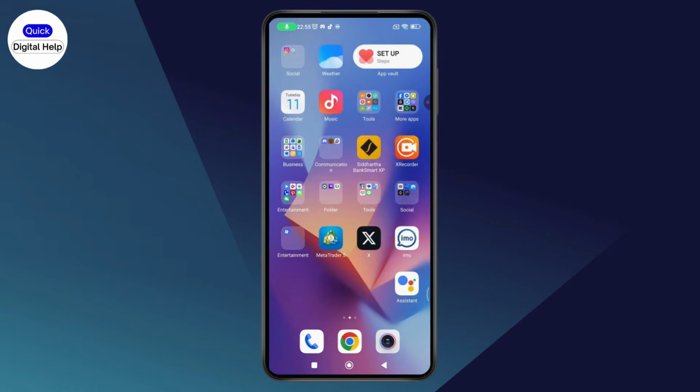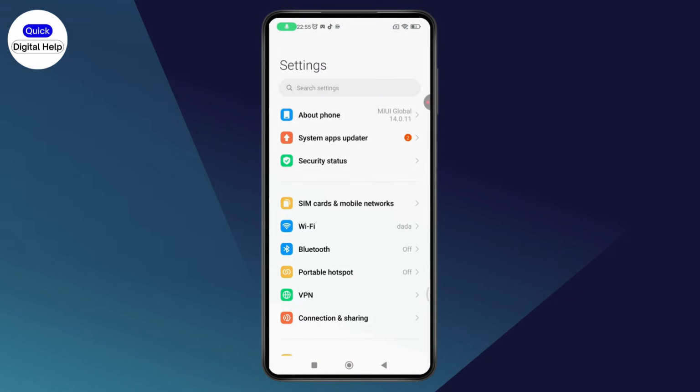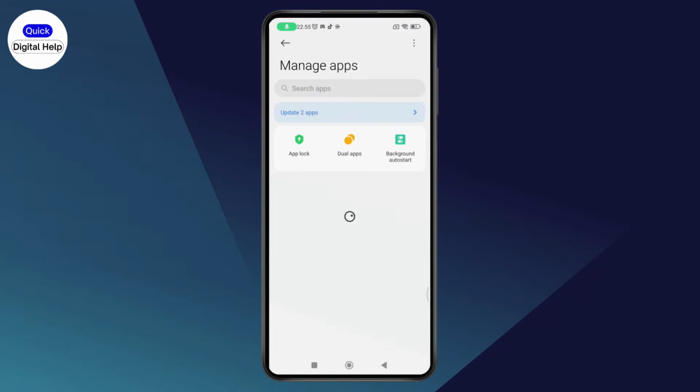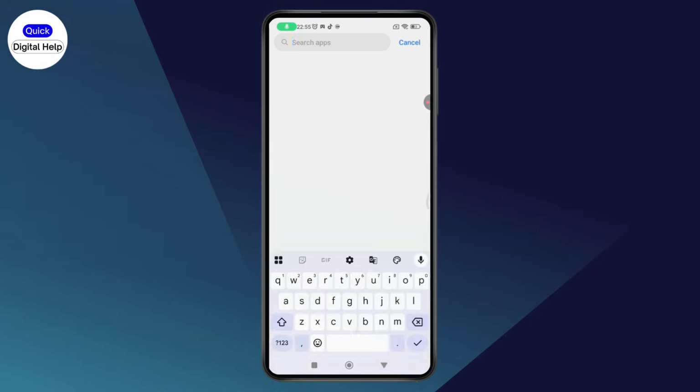After that, you need to open up your settings application. After opening your settings, you need to scroll down a bit and then go with apps. Under apps, you need to go with manage apps, and here you need to go with search and search for Cricket Battle. Once you find the application, which is World Cricket Battle 2, you need to tap on it and